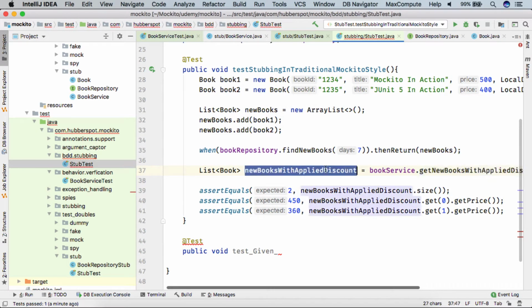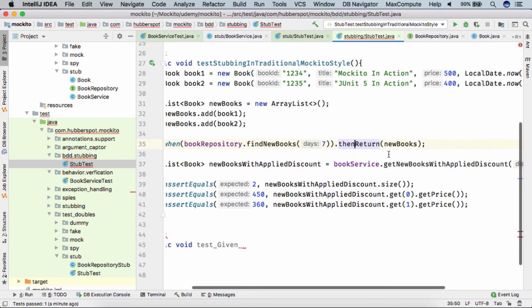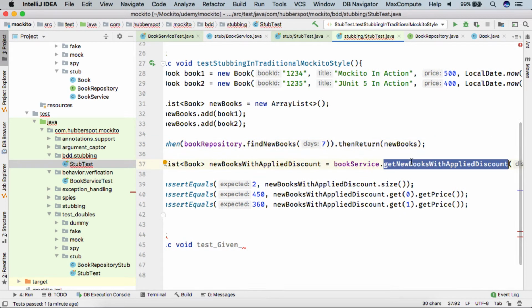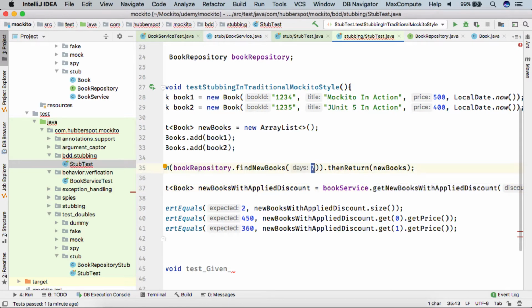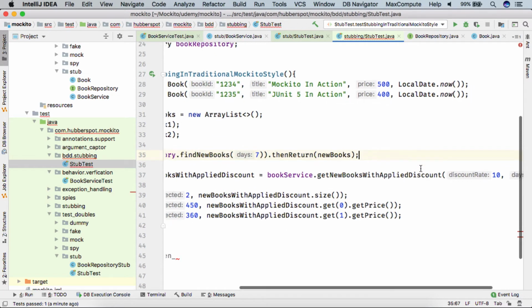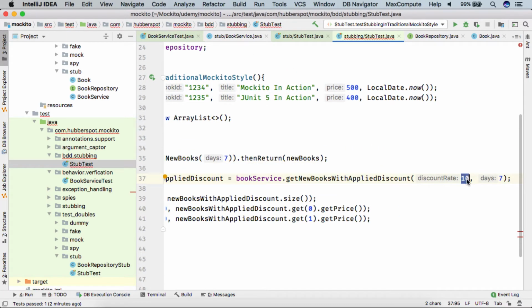As we are testing this method, get new books with applied discount, by new books we mean that whatever days we provide, that range will be considered as new. And the discount rate is the percentage of discount which we want to apply on the new books.